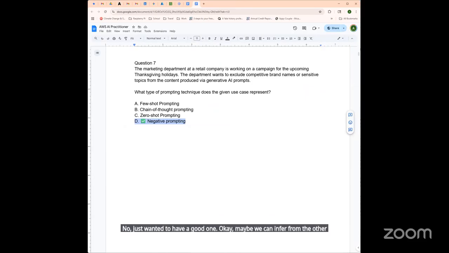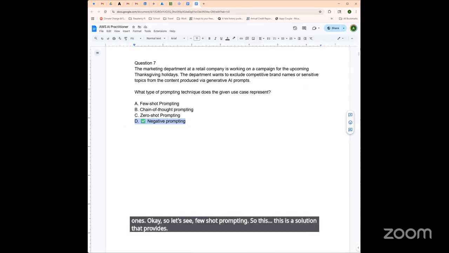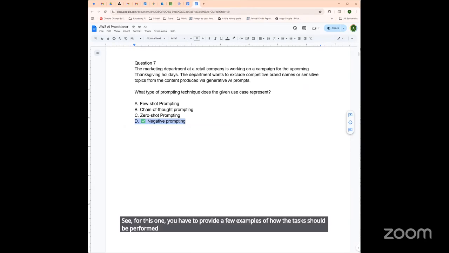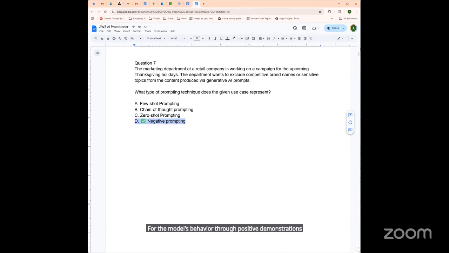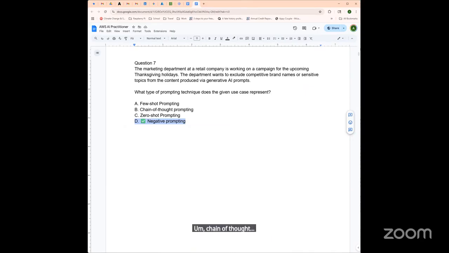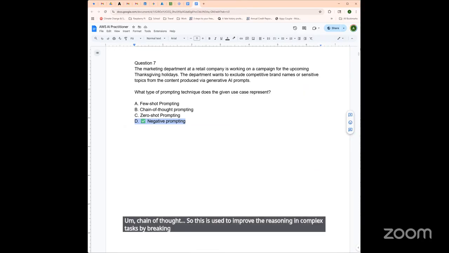Okay, so let's see. Few shot prompting. For this one, you have to provide a few examples of how the task should be performed. So it's a guide for the model's behavior through positive demonstrations, not to exclude or restrict content. Chain of thought is used to improve the reasoning in complex tasks by breaking them into intermediate steps.